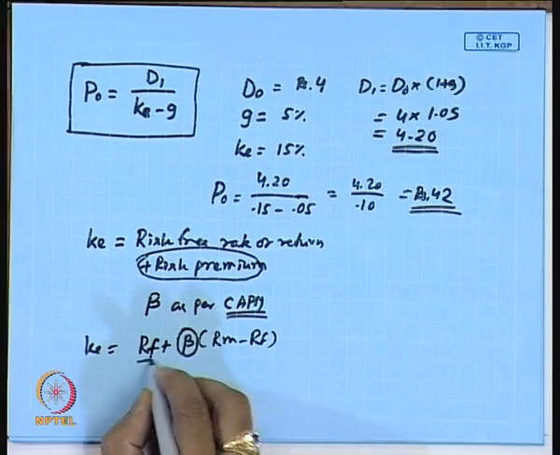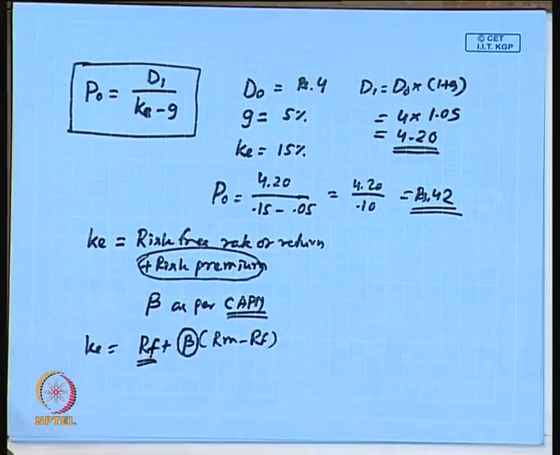Risk free is like a government bond or treasury bill, an investment where you get a minimum rate of return without any risk involved; you are assured of that return. Second is the risk premium, and risk-free return plus risk premium is the investor's expected return. This risk premium obviously depends upon the company's risk. If the company is in a more risky business, the beta can reflect that aspect.